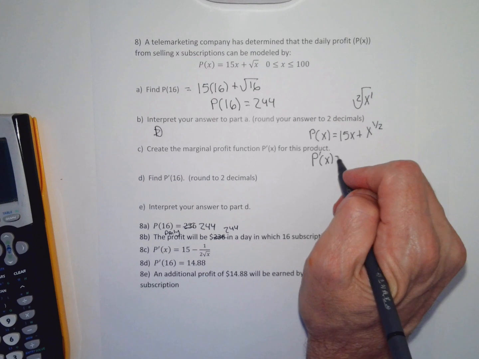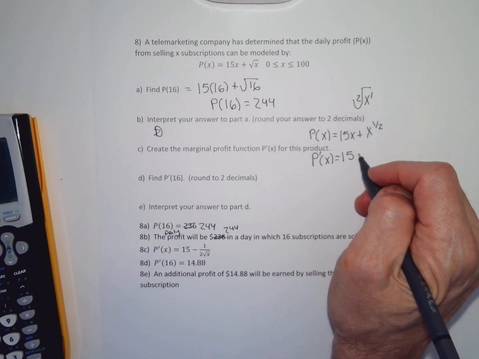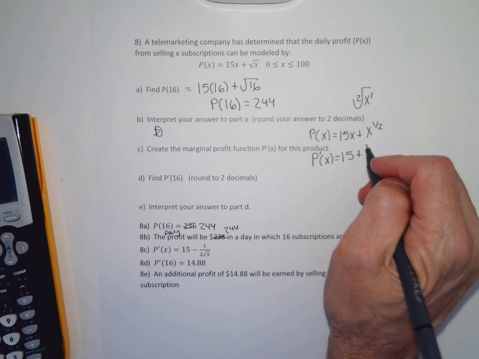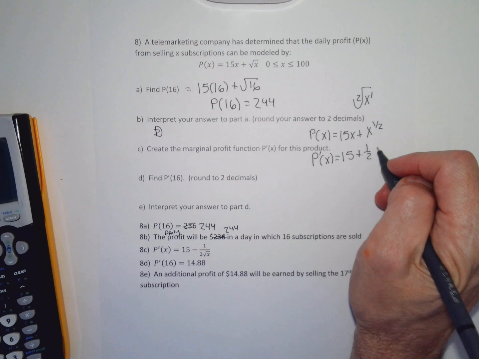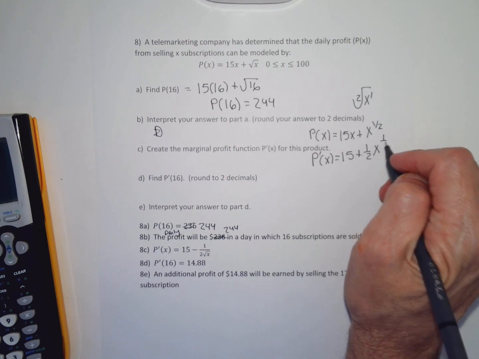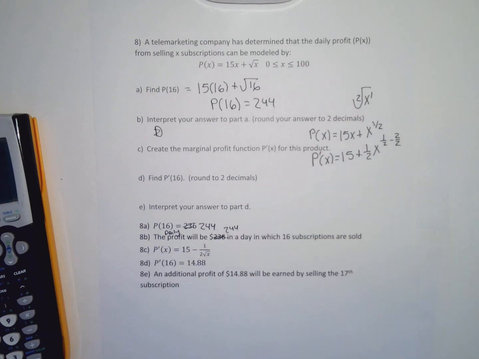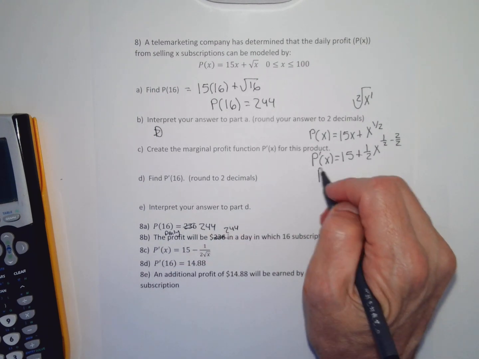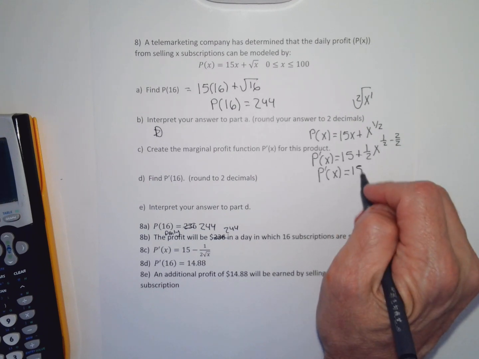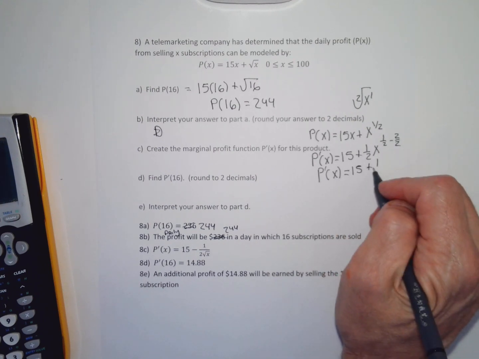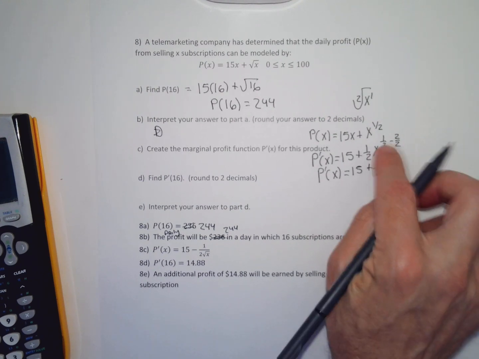The derivative of 15x is just 15. And then for the next derivative, I'm going to take the exponent, multiply it by the implied coefficient of 1, and lower the exponent by 1. And when I lower the exponent by 1, I do it as 2/2. So the marginal profit function is 15 plus 1/2 times x to the negative 1/2 power, because 1/2 minus 2/2